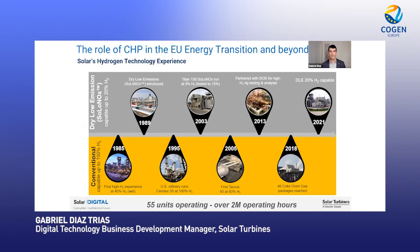So we have quite a long experience burning hydrogen. In 1985, this is when we started using almost 40% of hydrogen on our turbines. Okay, they were very isolated projects, if you want, but that was already our initial experience. Since then, we have developed more turbines burning hydrogen in standard combustion, but also we started some time ago to develop the dry low NOx emission combustors as well,